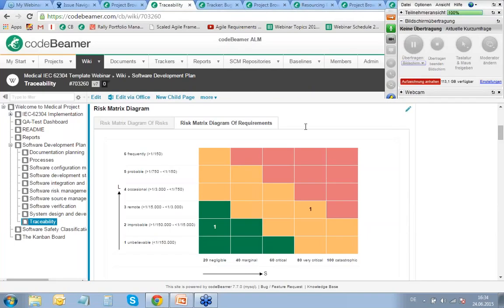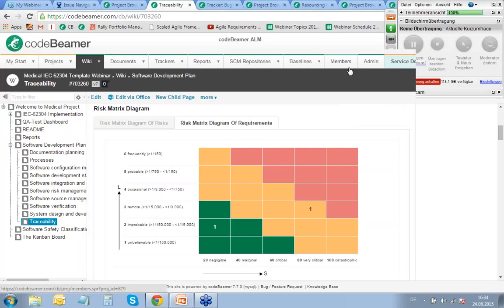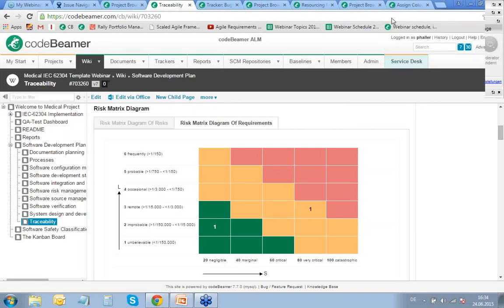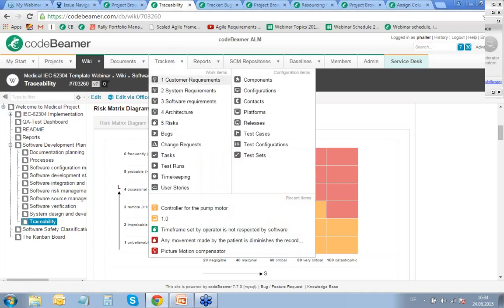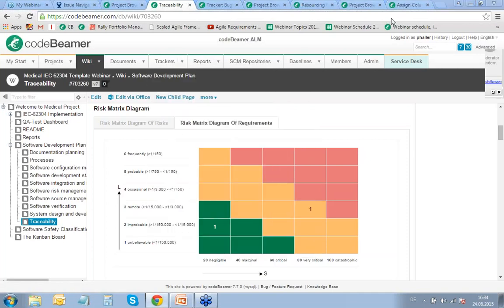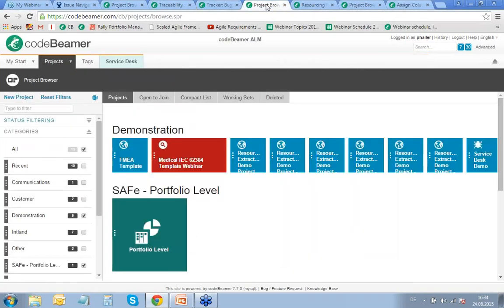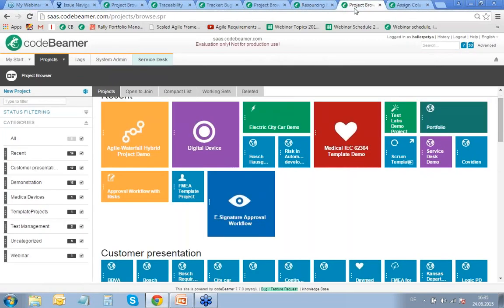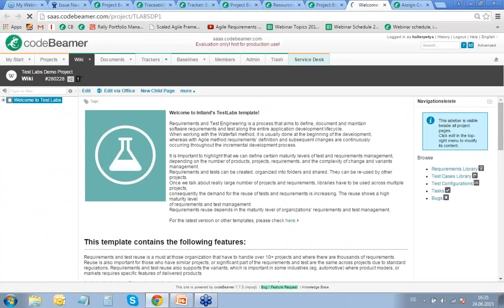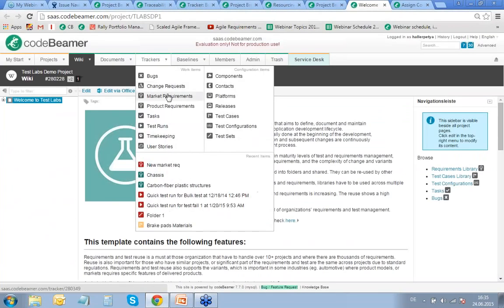And I forgot to show you one last thing. I just checked my notes, so sorry about that. I would like to go back to my requirements and show you shortly. We can also visualize all the reviews, and this is very useful at this point. So once we go back to our test lab project, to our market requirements,